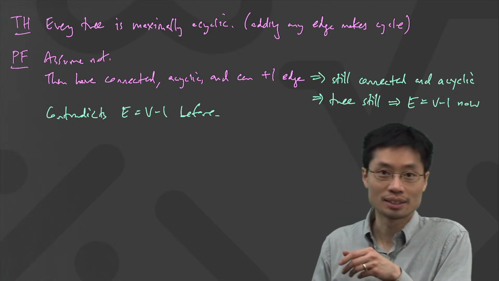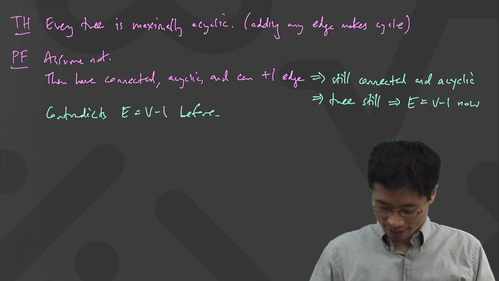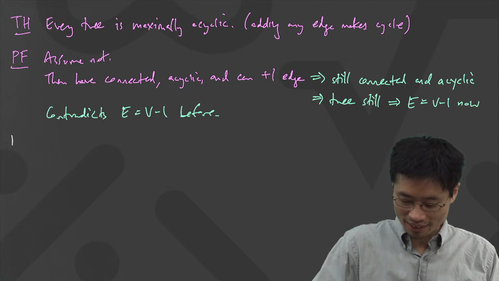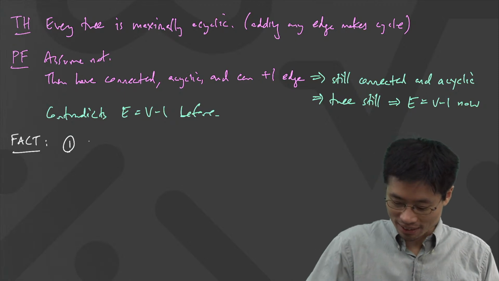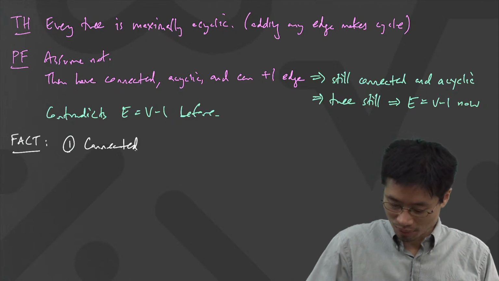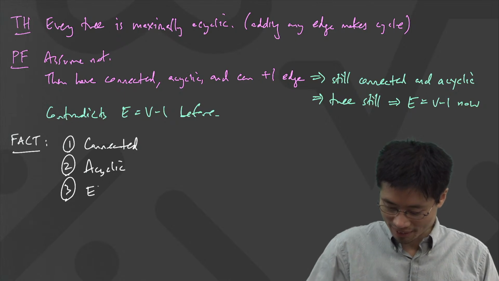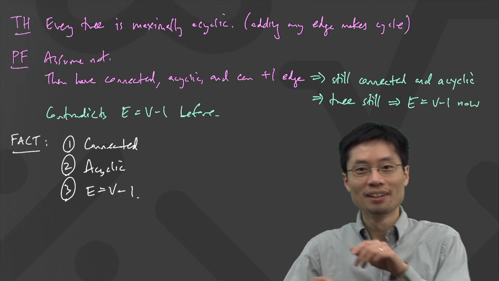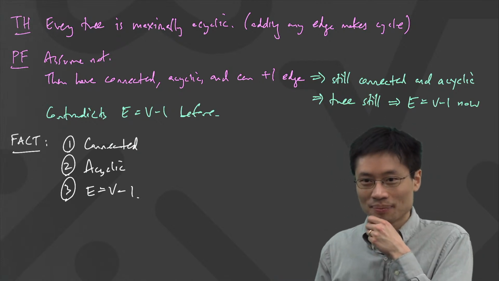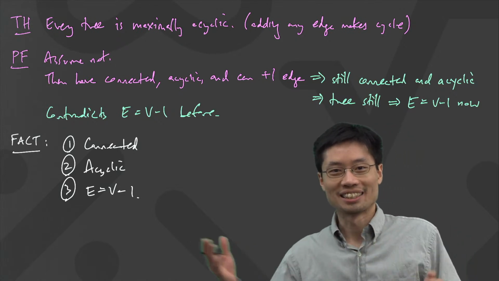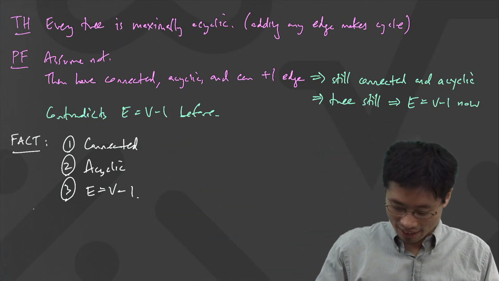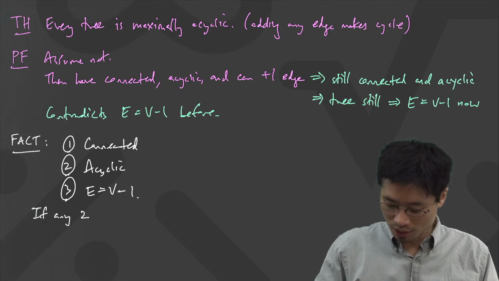Okay? And the last thing I want to leave you with is a really neat equivalence. Here's a neat fact, which is I'm going to name 3 things. One of the things is connected. The second thing is acyclic. The third thing is E equals V minus 1. So the neat thing is, if I look at this fact, it turns out that if you have any 2, you get the third. I didn't write the fact yet. I just gave you 3 conditions. And the fact is, if any 2 are true,